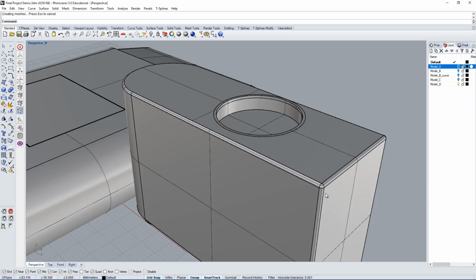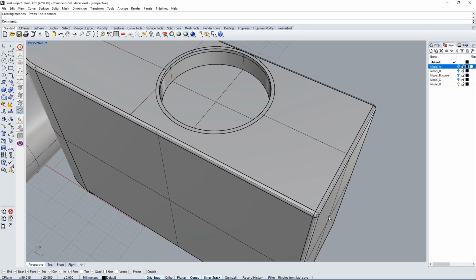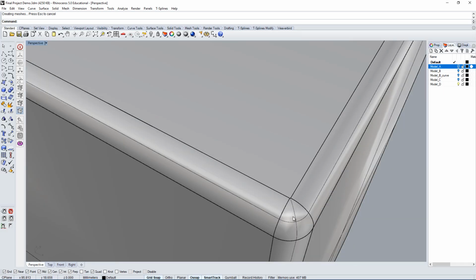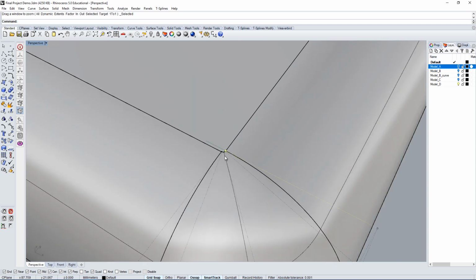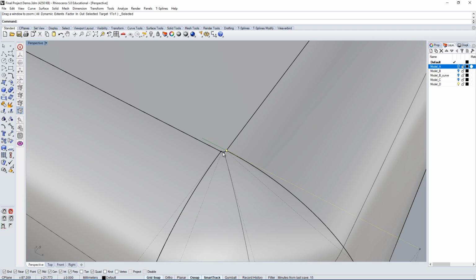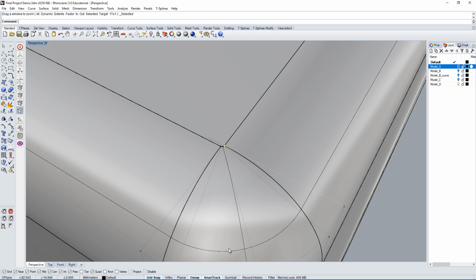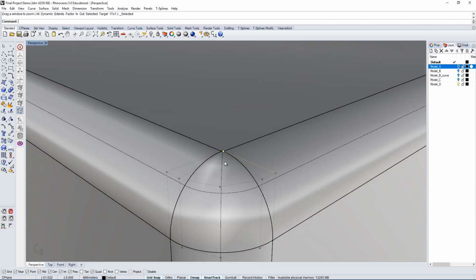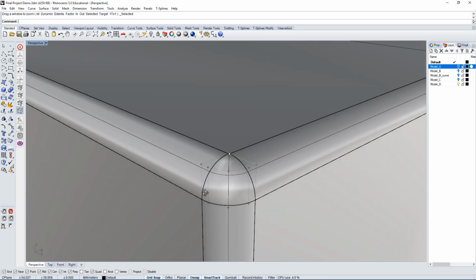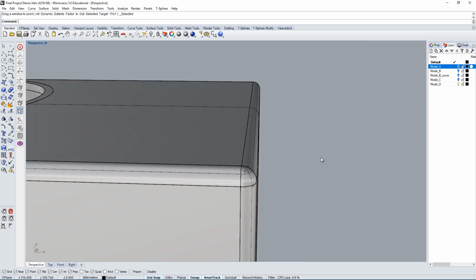So it looks like it comes to a single point, but if you zoom in, you'll see that actually, I'm going to explode it to zoom in. Let's show the points. Zoom in to one of the points, ZS, zoom selection. And you can see it's actually not a single point. It actually wraps around like a half circle. So that's one simple way to fix that type of software calculation problem.